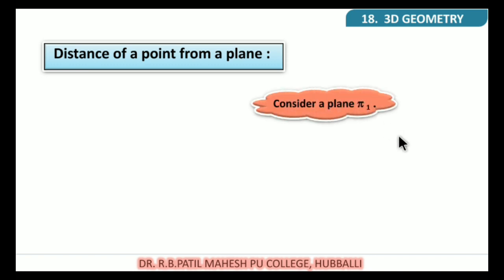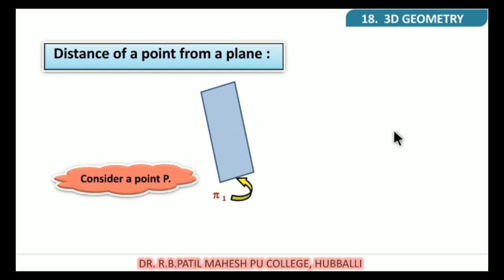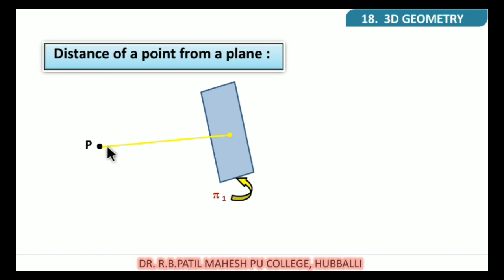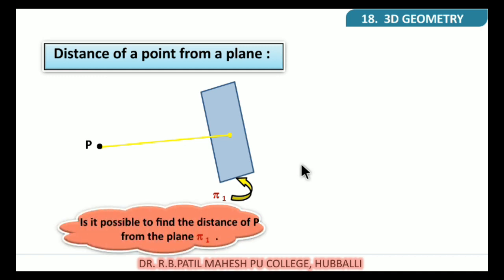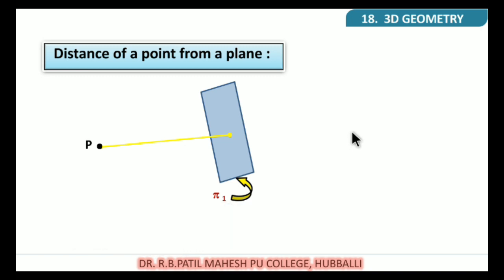For this one, I am going to consider a plane pi 1 and consider a point P so that we can join a line from that plane to this point. So, is it possible to find the distance of the point P from the plane pi 1? Yes, definitely students, we can find out the distance. So, here